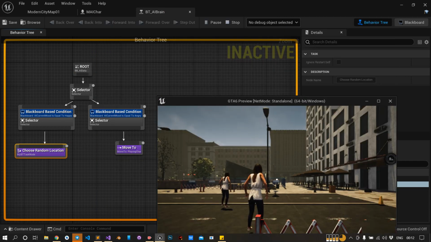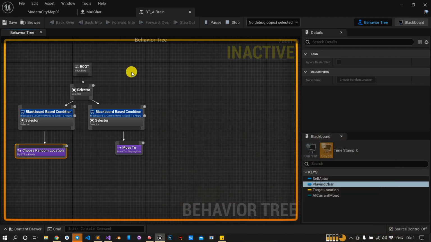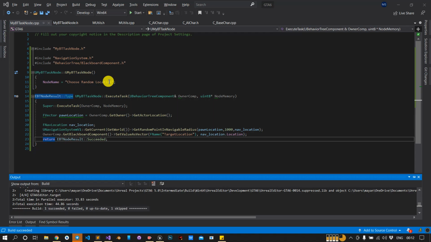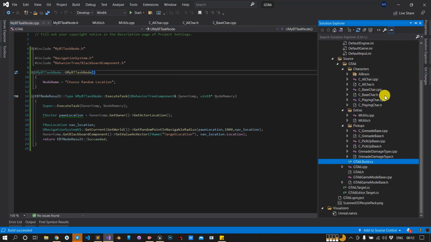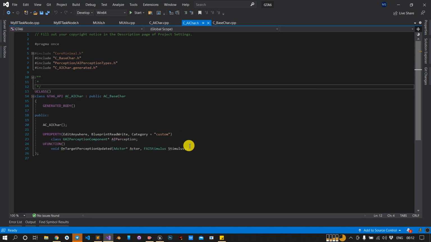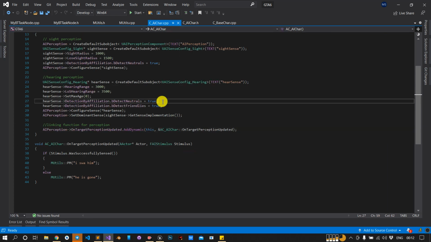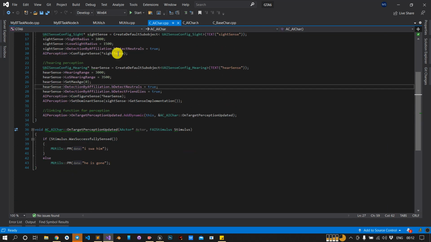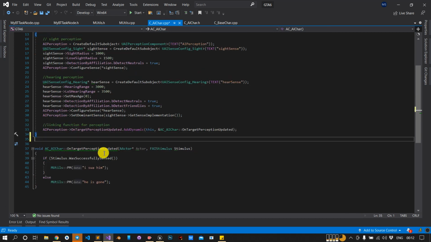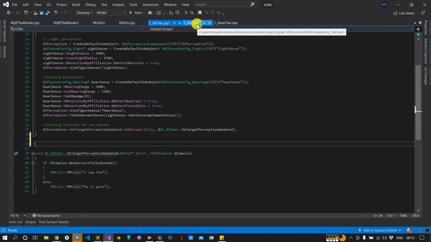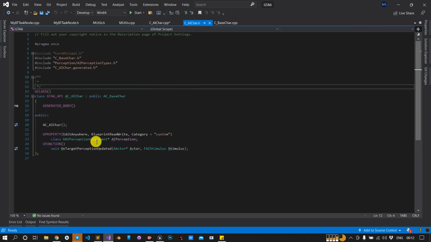Okay, it is not, because we haven't connected this behavior tree with our AI. So we have to include this in our AI. Just go back to Visual Studio and see the AI character. Here, go to the CPP. We have to give this connection after begin play. We don't have that function yet, so we will override that function.